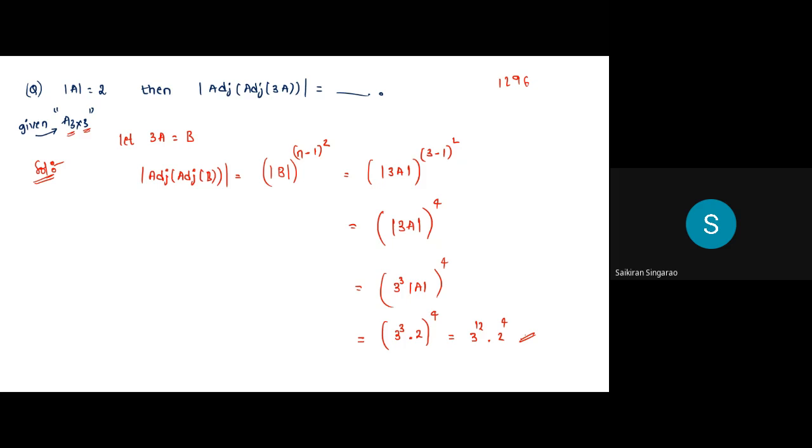Just check what is the answer you'll get, sir, using that. It definitely won't be this 3 power 12. So 3 power 12 is some 5,31,441 into 16. The answer will be somewhere 85 lakhs 3,056. I'm not interested in the answer. I'm just interested in how to apply this.